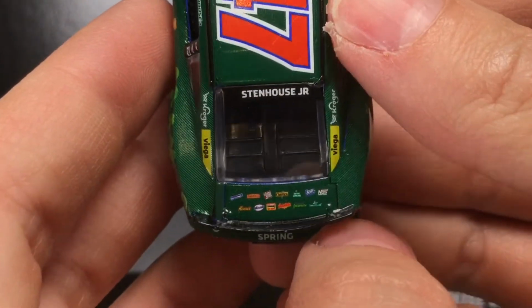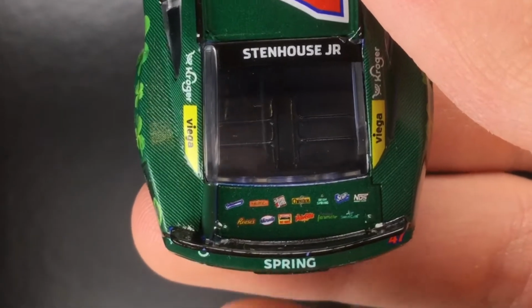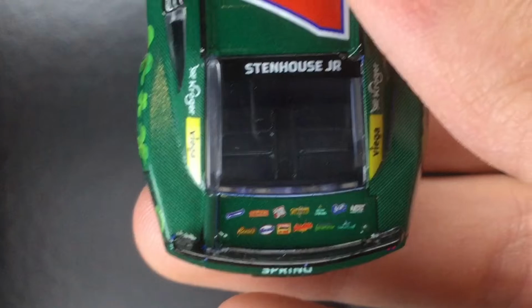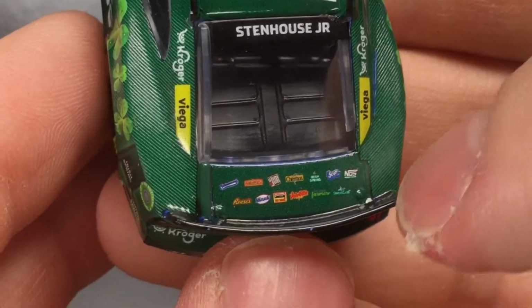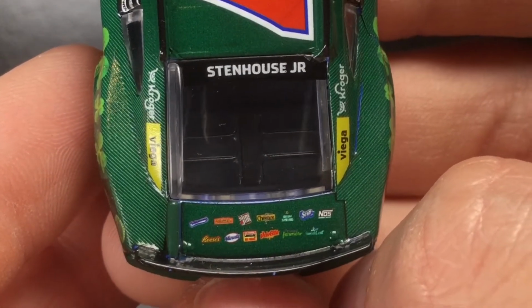And you go over here to the back. Check this out. They got NOS Energy on the deck lid. That is hilarious. They throw such a cow every time they have an energy drink logo on a diecast. Yet once again, we see it on the diecast, the NOS Energy logo. So you guys,